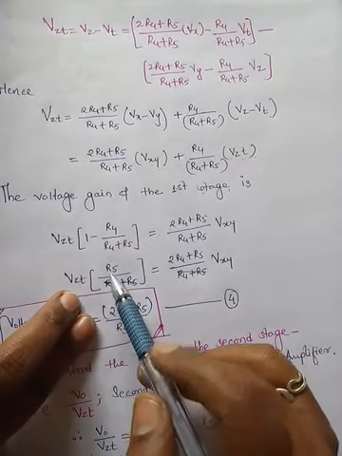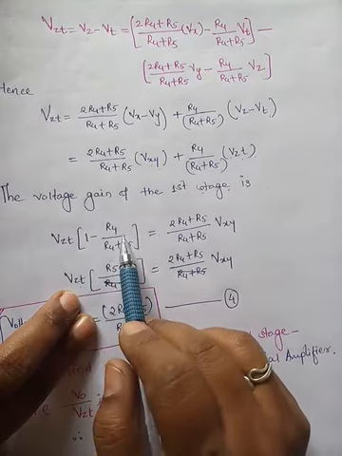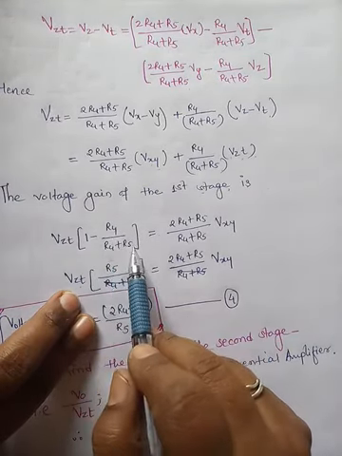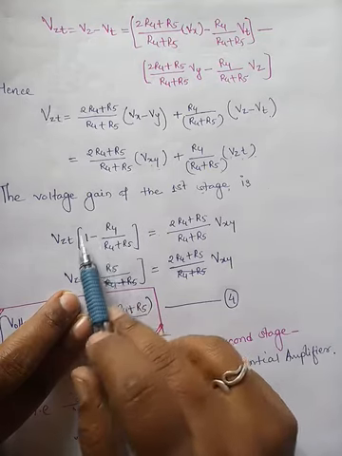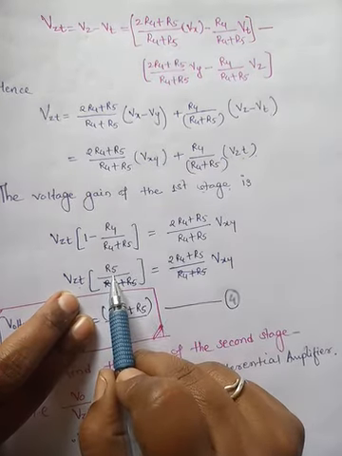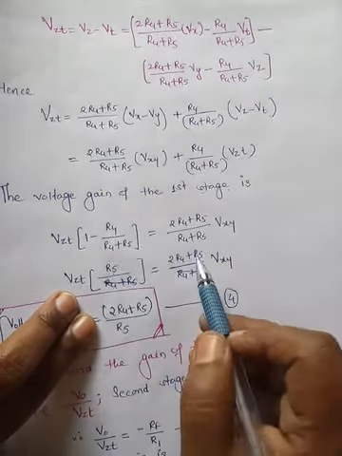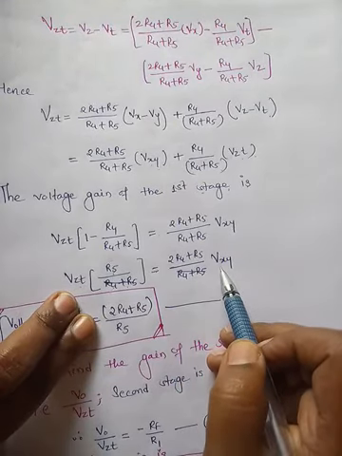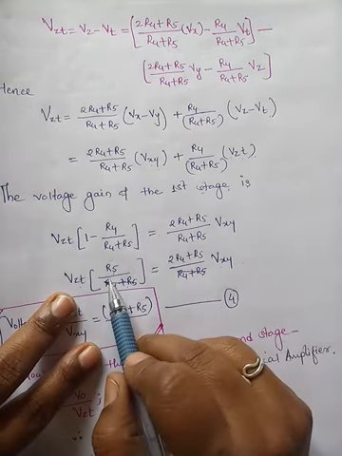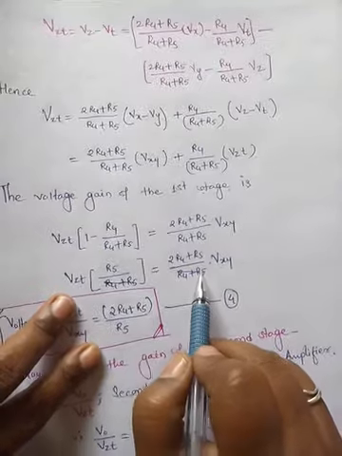So Vzt, and we can see that when we are making denominator common for this, it is R4 plus R5 minus R4. Okay. R4 plus R5 minus R4 will get eliminated. So what is remaining at the numerator is R5, and denominator is R4 plus R5, is equal to twice of R4 plus R5 by R4 plus R5 into Vxy. Okay. So both the equations on the left hand side and the right hand side will have the same denominator. We can cancel it out.